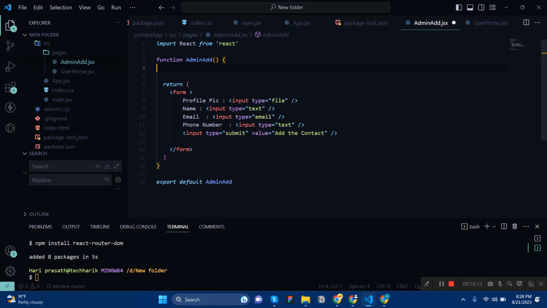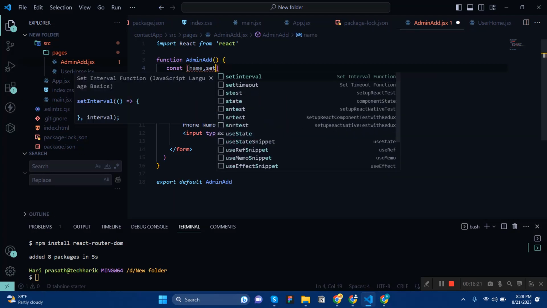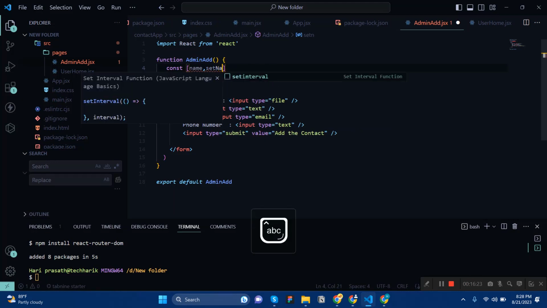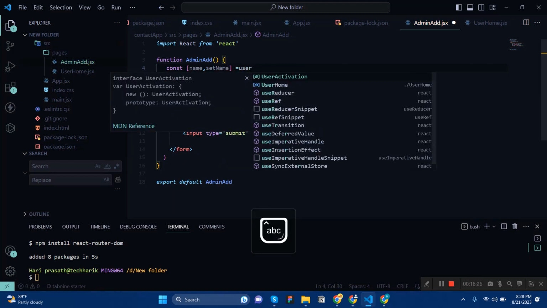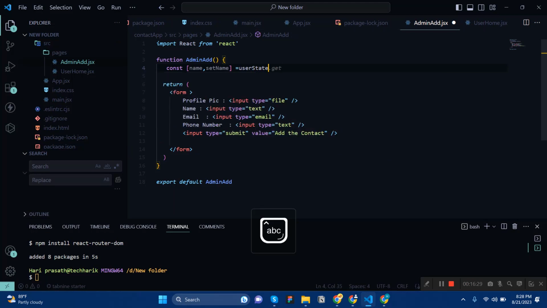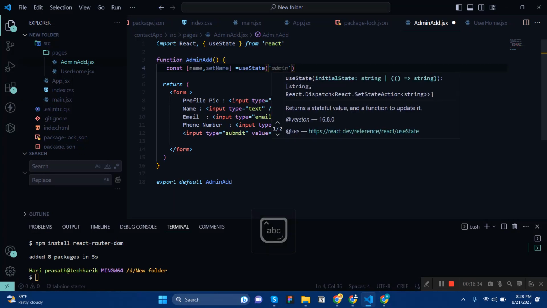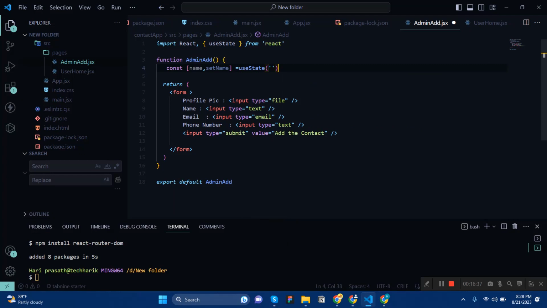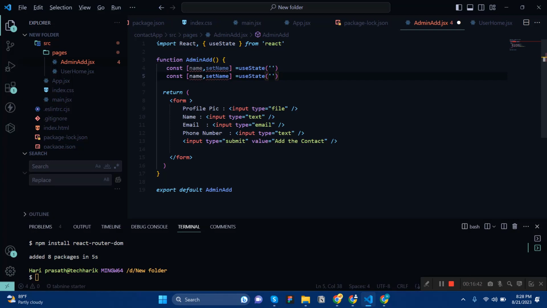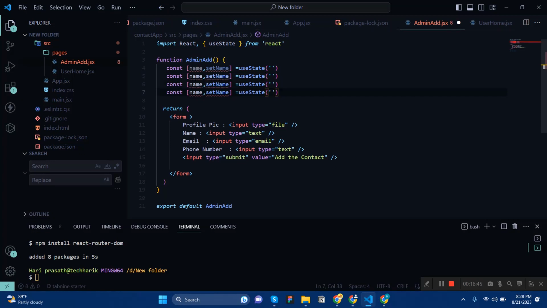So I just want the useState: const name, setName equal to useState, not userState, it's useState. It's an empty string initially, and then copy this, like we need this for 1, 2, 3, 4. So the first one is name, the second one is image, setImage,